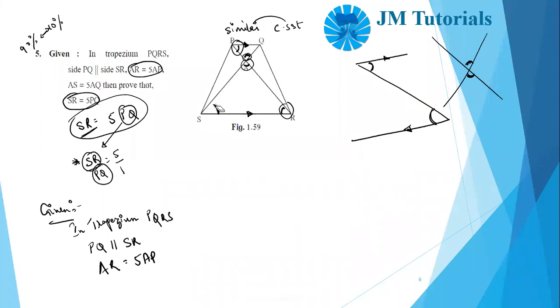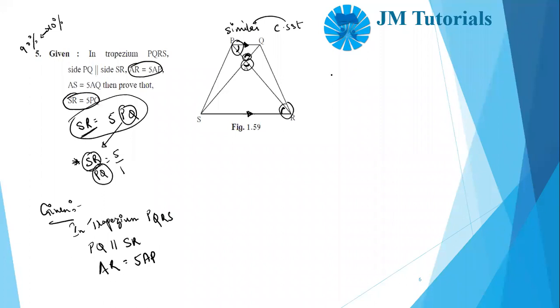If you want to use two alternate angles, use two alternate angles. If you want to use one alternate and one vertically opposite, you can use it. I always use one alternate and one vertically opposite. Okay, so it all depends on you. It's not any hard and fast rule that you have to use vertically opposite only, but you need to have two pairs. So all on you.